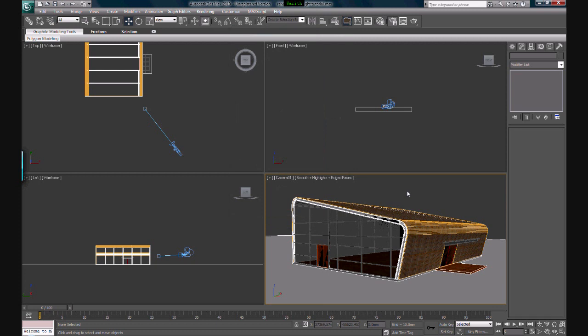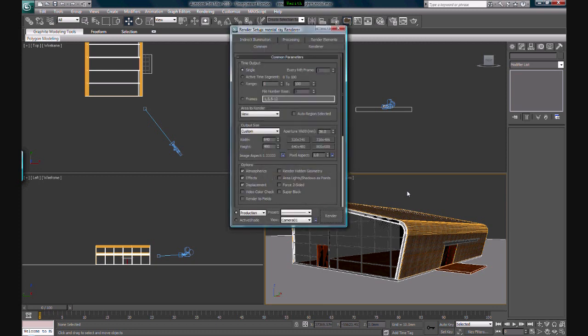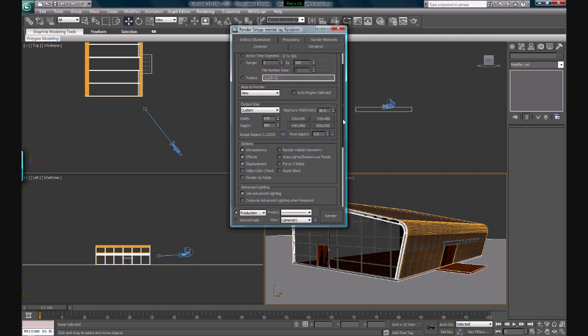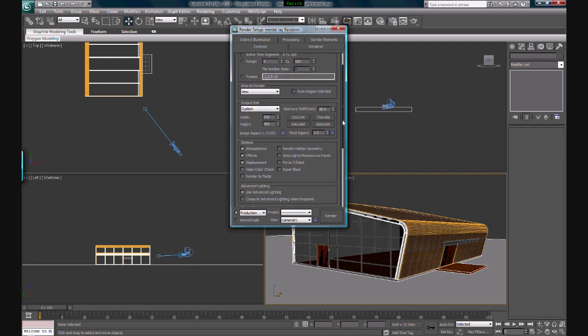Oops, F10. Okay, so by default the size of the rendered images is going to be 640 by 480, as you can see. You can also choose one of these options. So if you want to make it bigger, you can choose 800 by 600. Okay. If you want to make it bigger than that, you can also key in your own size, but always